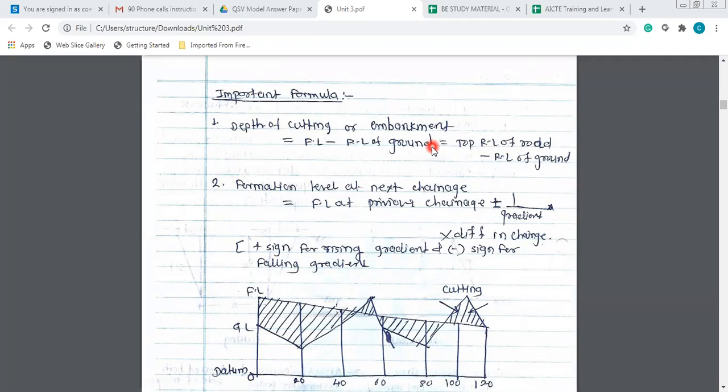And these two students were thoroughly interested in surveying work from their diploma also. So that was their keen area, and they decided, no, we have to do the surveying work only after B.E. also. After that, they purchased a new total station by getting some financial support from the bank, and they started their own business. Now their average daily income is more than 3,000 rupees. Daily income, I am telling you. Only two persons are working.